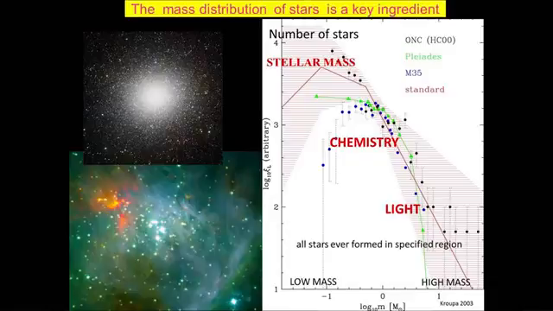And if I ask where is all the mass in this star cluster, most of the mass in this one is in the lower mass stars. The typical stars are half or third. The sun is not special, okay? We're a little more massive than the average. But on the other hand, in this star cluster, we're seeing lots of stars which are 10 or 100 times the mass of the sun. And those stars are very bright, and they control the light. When you look in the universe, especially when you look far away, you're seeing the light from massive stars. And these stars contain most of the mass in a distribution of stars.